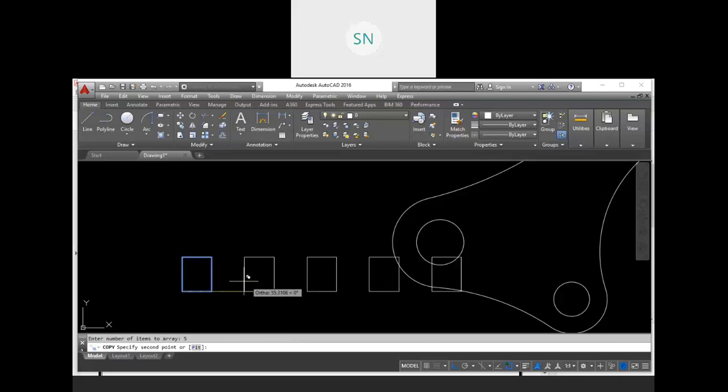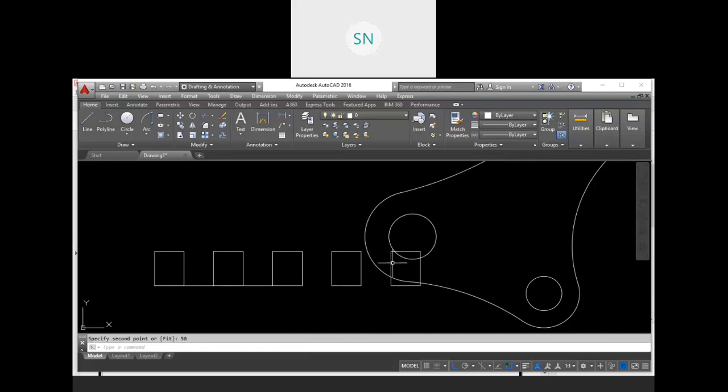Enter, and then you have to specify a gap between two objects. So here 50. Enter. So here we have only 4 copies. See, 5 items we have entered. That means that 5 items also include our source object. So the total items we have is 5.